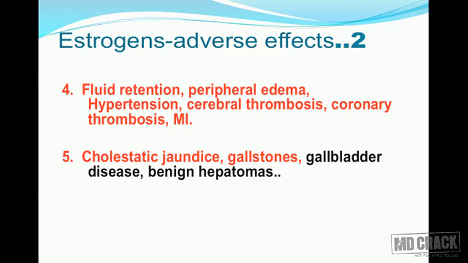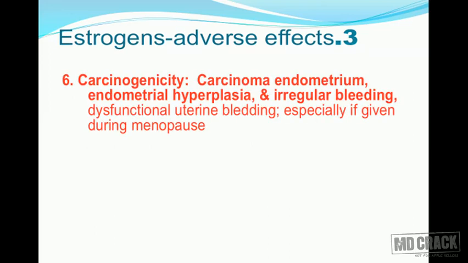They can produce cholestatic jaundice, gallstones, gallbladder disease, and benign hepatomas. They are known with estrogens. Next important adverse effect of estrogen is carcinogenicity. That's carcinoma endometrium. There could be endometrial hyperplasia and irregular bleeding and dysfunctional uterine bleeding, especially if they are used